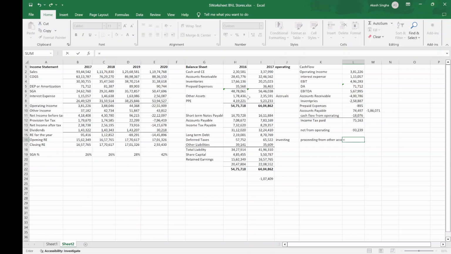Because other asset increased, that means cash decreased, right? So this minus this plus the other income, which is minus 19,973, and for PP, what is the